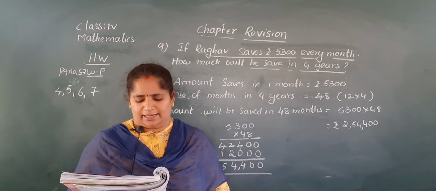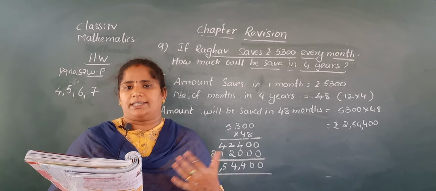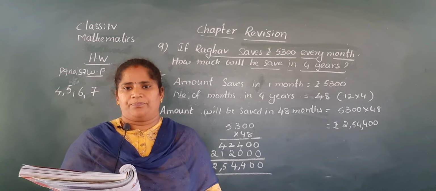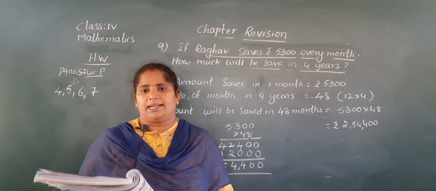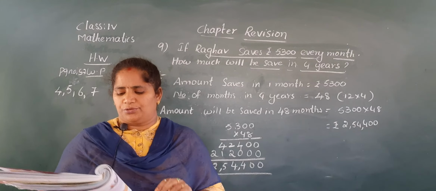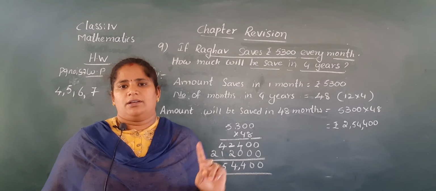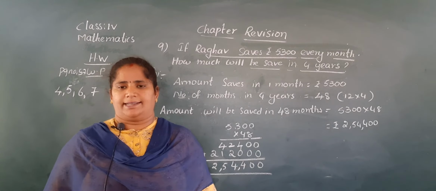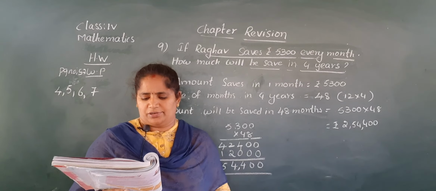Do the multiplication correctly. And the 6th one: a scooter costs 52,450 rupees. What is the cost of 13 scooters? So we will write the cost of 1 scooter and the cost of 13 scooters. Here also we do multiplication. And the 7th one: a bus ticket costs 345 rupees. How much do 296 bus tickets cost? So you write only 2 steps here also: cost of 1 bus ticket, cost of 296 bus tickets. Okay, we do multiplication. Already I showed you how to do the multiplication of this problem.